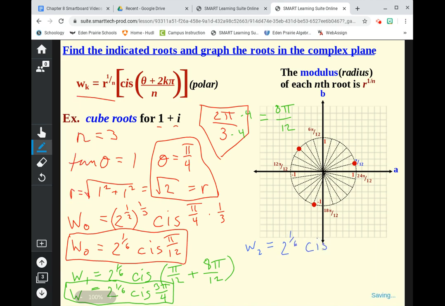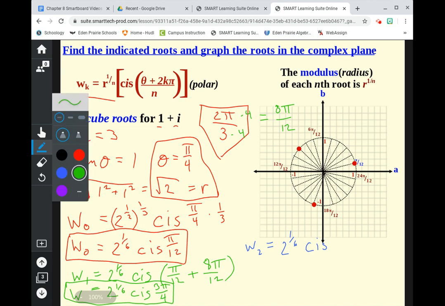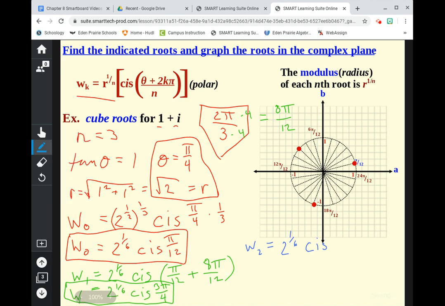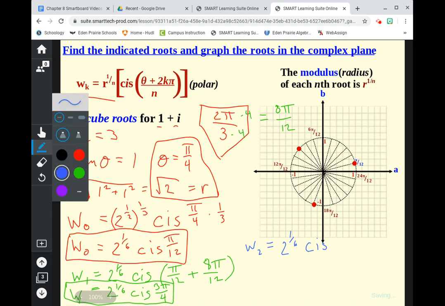CIS, and then again I'm going to add home plate. Every time we add home plate. So I'm going to use the previous answer, W sub 1. I'm going to add 8 pi over 12 to 3 pi over 4. All right, so I want to add 3 pi over 4 and 8 pi over